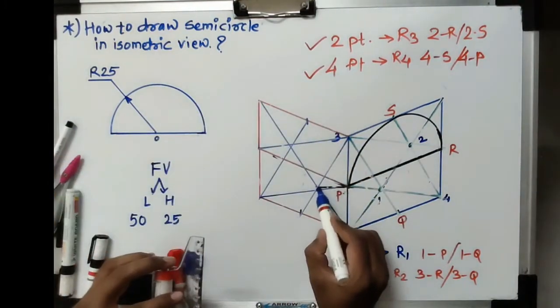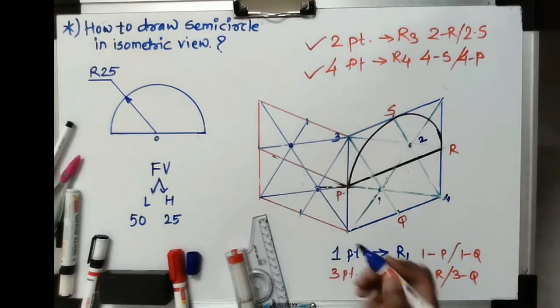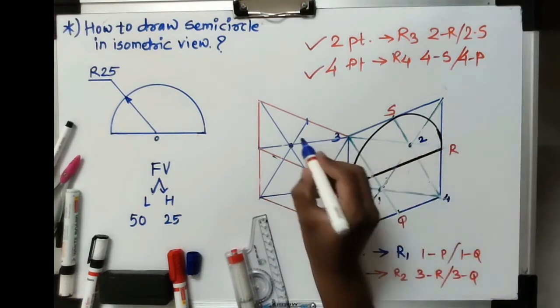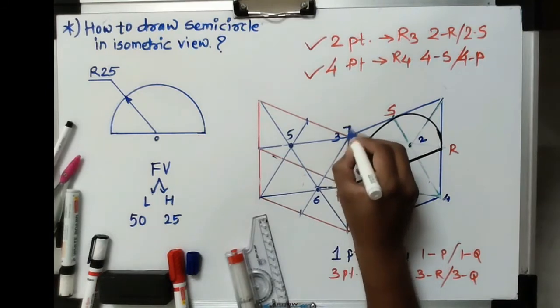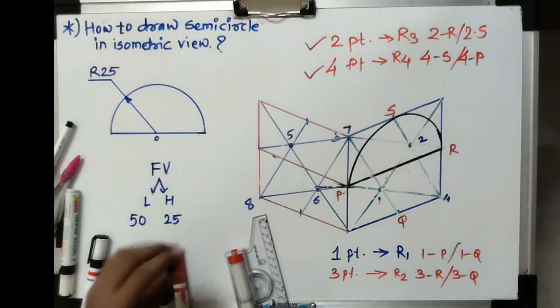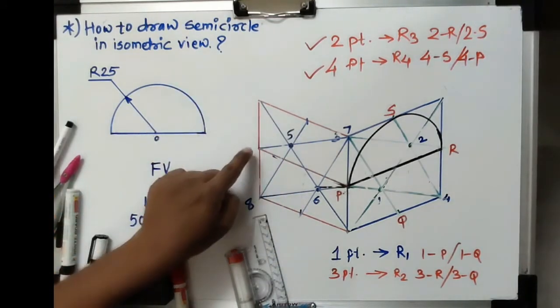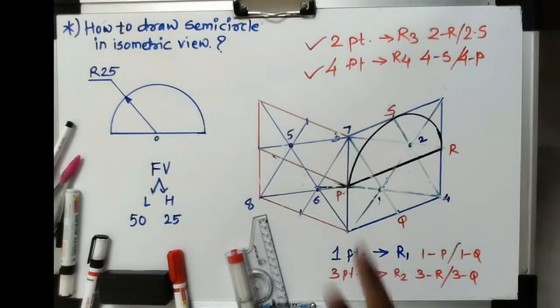Okay, you can observe they intersect here, and these are the new center points. Up to 4 we have used here, so I will mention these as 5, 6, 7 and 8. Now again we have to observe, we have to create the semicircle towards the upward side, and this will be our diameter line, that is the baseline, and we have to use the 2 center points only.